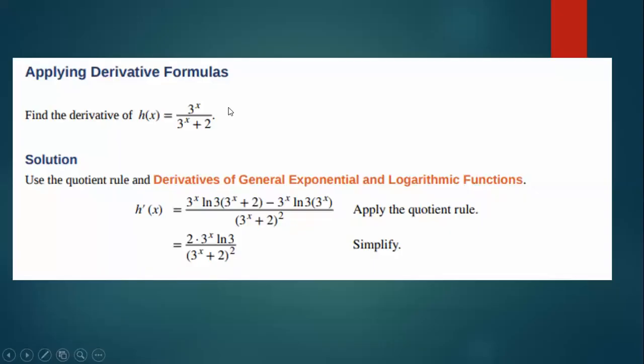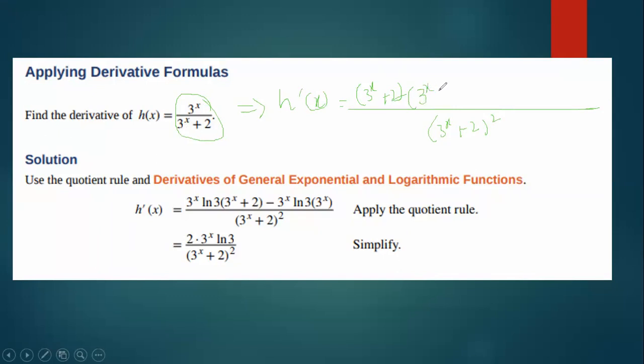Applying the derivative formula here, h is written as the division of two expressions, 3^x and 3^x plus 2. So I will apply the quotient rule. The denominator will be squared, so (3^x + 2)^2, with the denominator kept as it is, that is 3^x + 2. Now this is 3^x, so after the application it will be